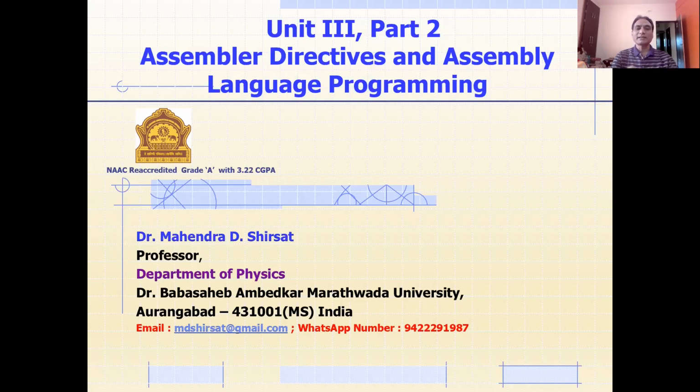So far, as far as the microprocessor is concerned, in the first chapter we have discussed all hardware aspects. In the second chapter and the first part of the third chapter, we have discussed the software aspect of the 8086 microprocessor. It means all instructions we have discussed, right? Now,